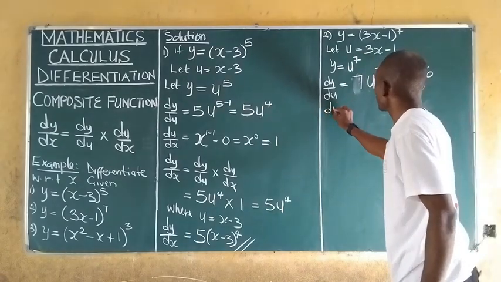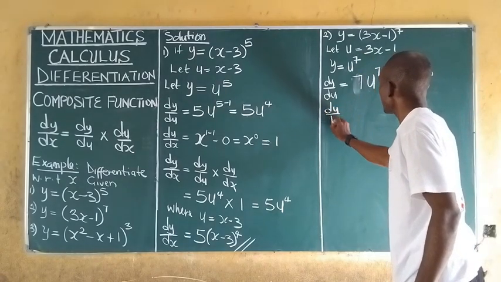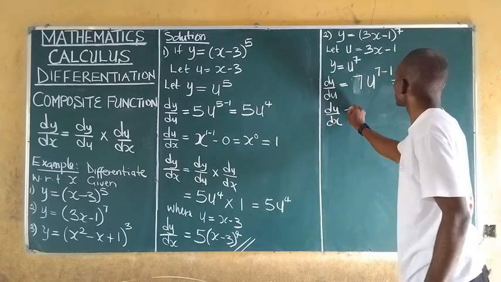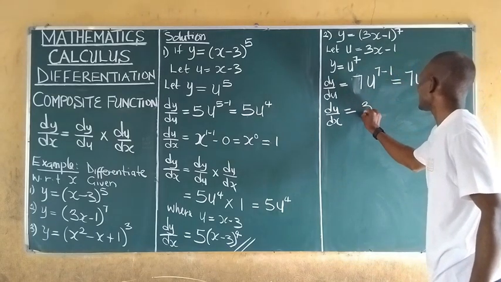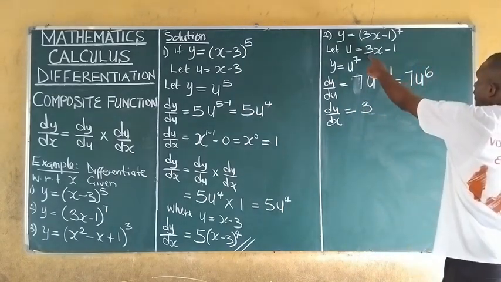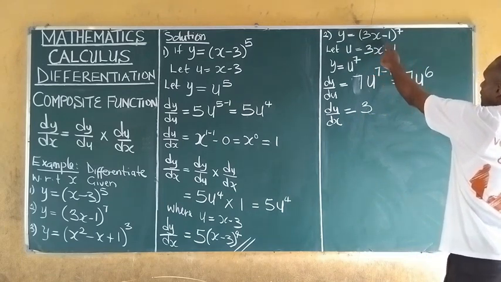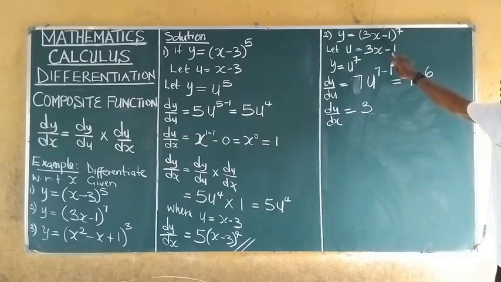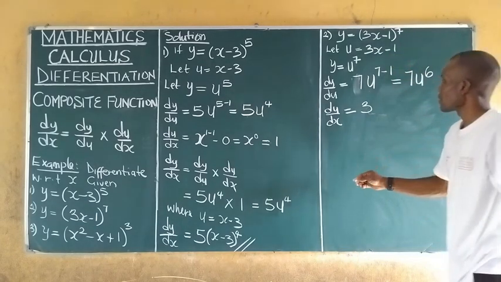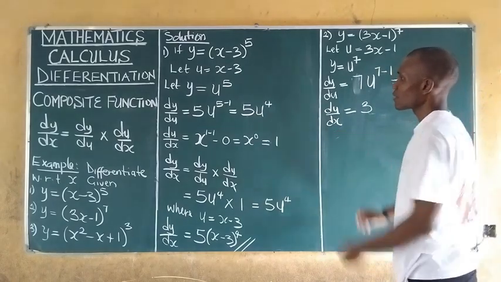Also, du/dx: we differentiate this function and we get just 3. It will be 3x raised to the power of 1 minus 1, and minus, if you differentiate the constant, you get 0. So we get 3. All we need to do is just to substitute it into the